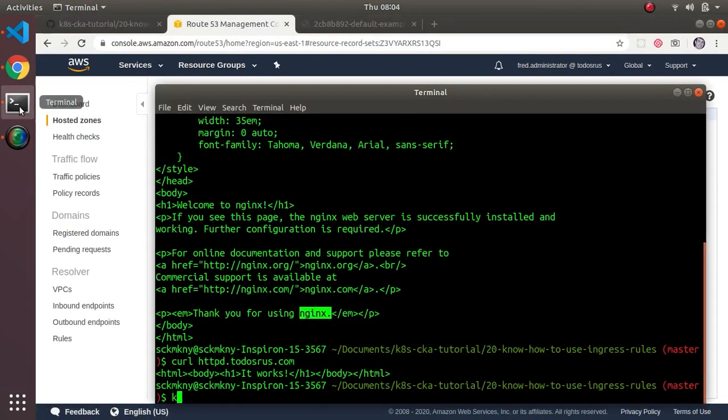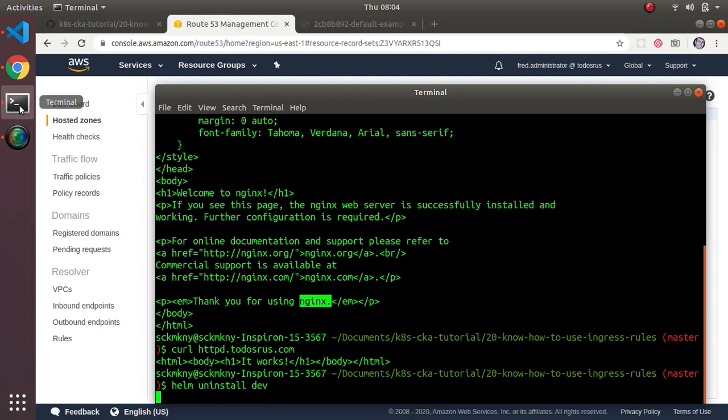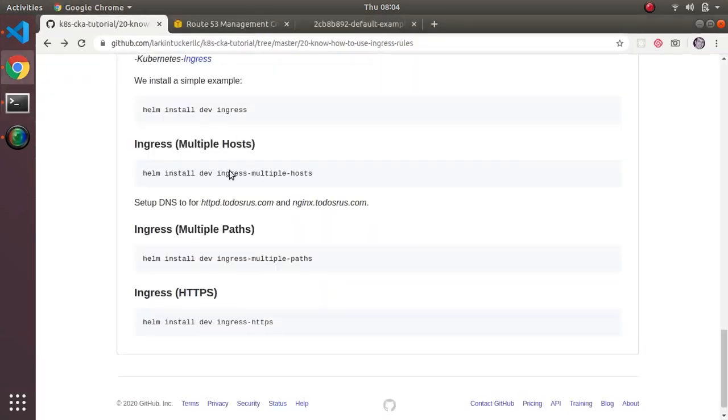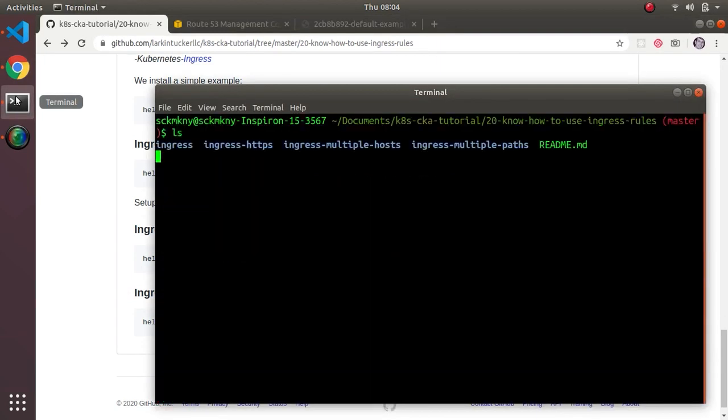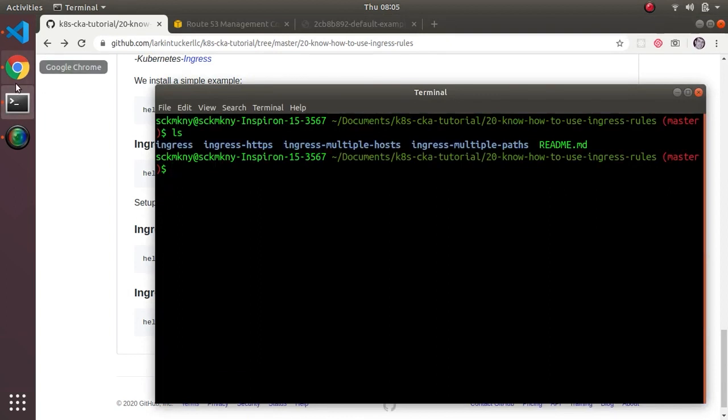So let me go helm uninstall dev. Okay, let's go back to tutorial. So, let's look at this one. We're going to look at the next one, which was multiple paths, right? And so here, let's see how I did this one. If I go to code here,